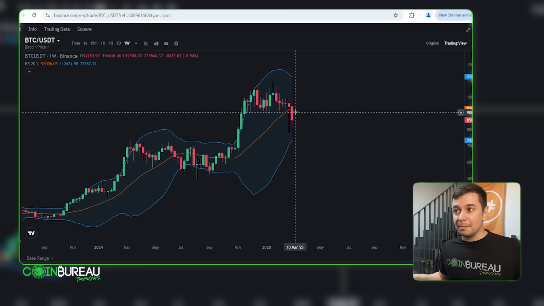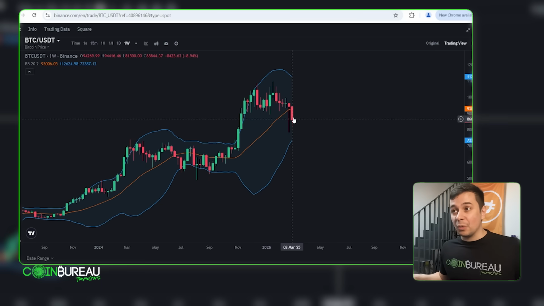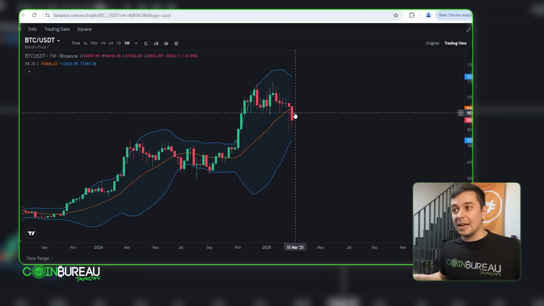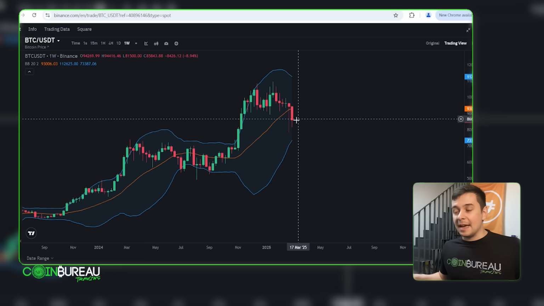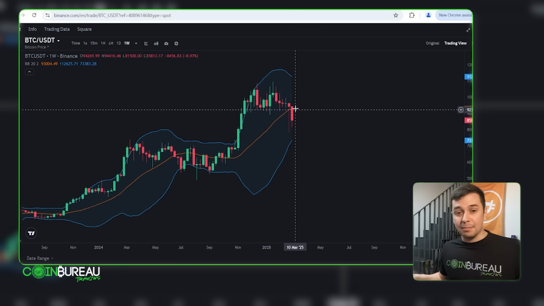At the time of shooting, it's still a bit too soon to say. If Bitcoin was to close somewhere closer to this line, then it might be fine. And even then, the next week could be a very big green week, and it could take us back above this level and confirm that we're still in a medium-term bullish trend, if that makes any sense,